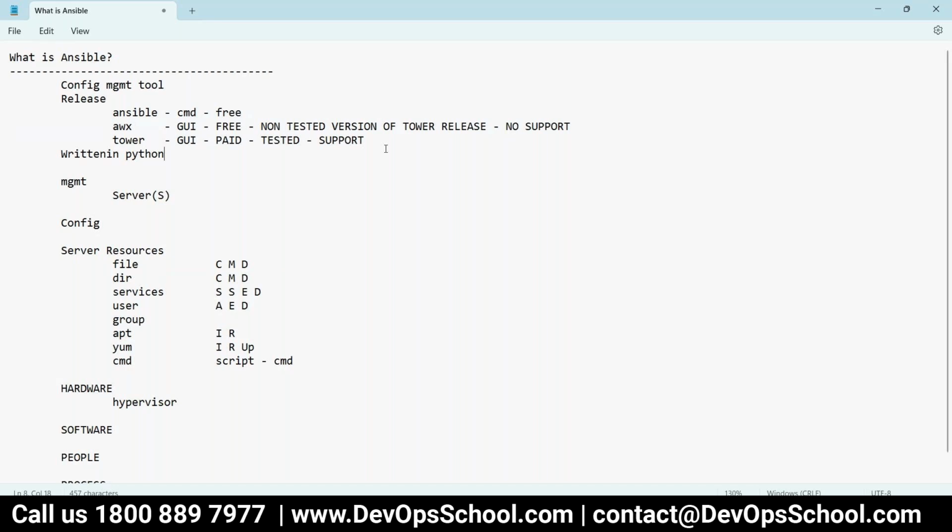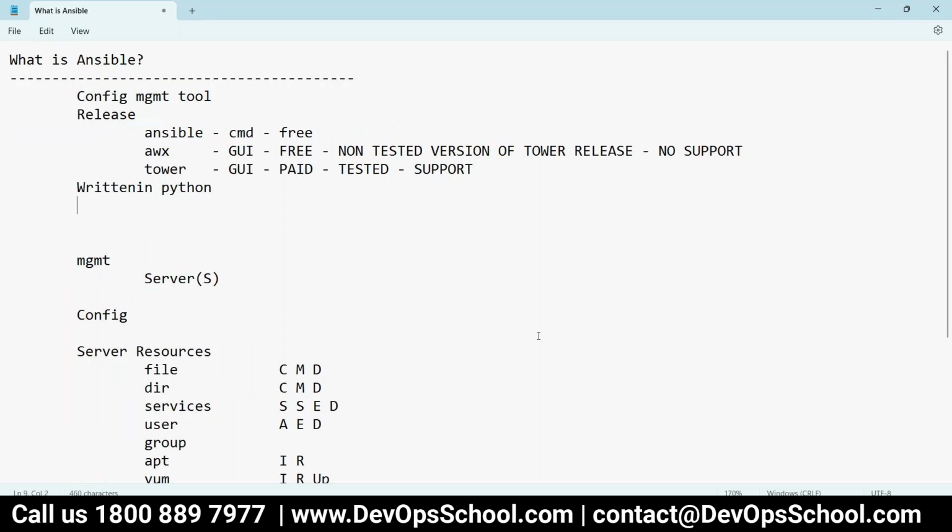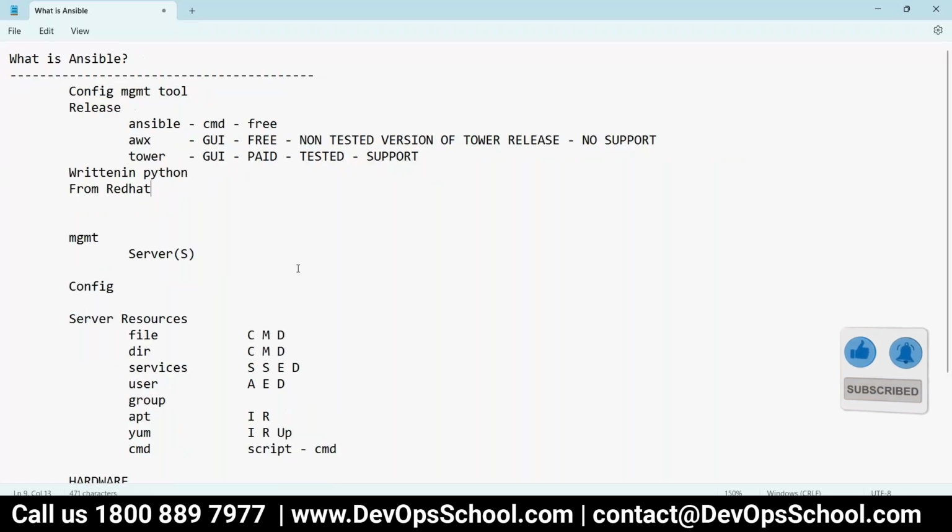Now, the next thing is which company is running this one? This is from the company called Red Hat. They are the ones managing this tool.